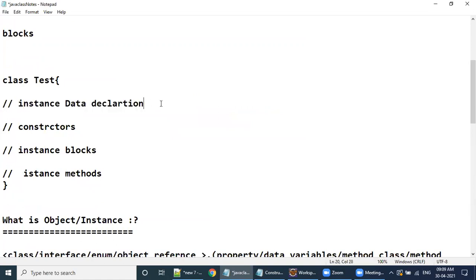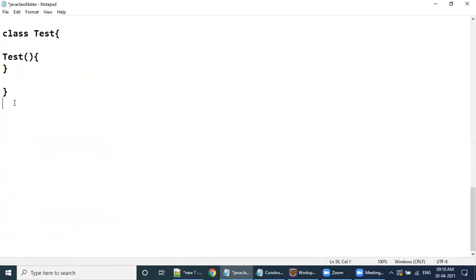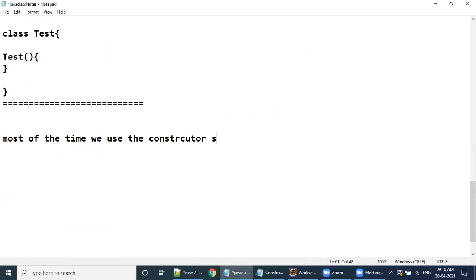No, sometimes there is a chance. Okay, I'll tell you here. Concentrate here. Most of the time, we can use the constructor as part of initializing the instance variables.